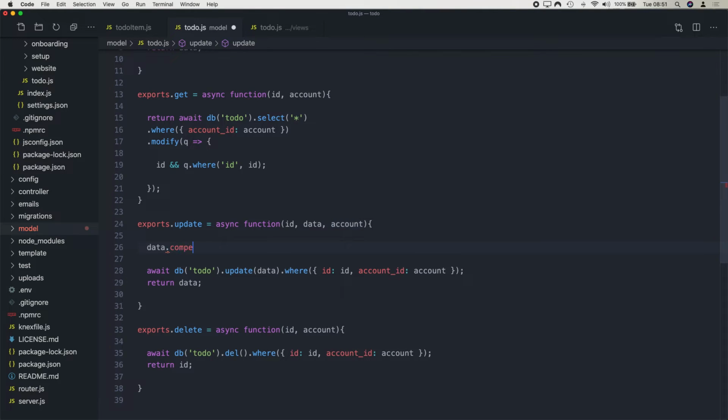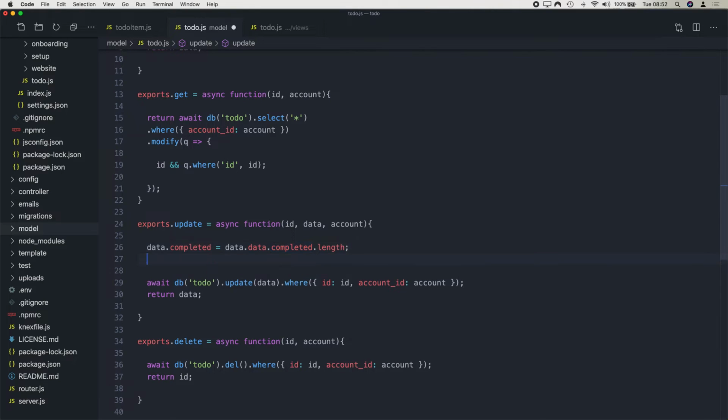So I'm just going to set the completed property as data completed dot length. So if our checkbox has a length, it means that it's checked. And then I can do data date completed equals, if the checkbox is completed, create a new date,